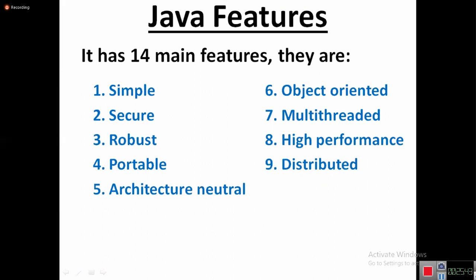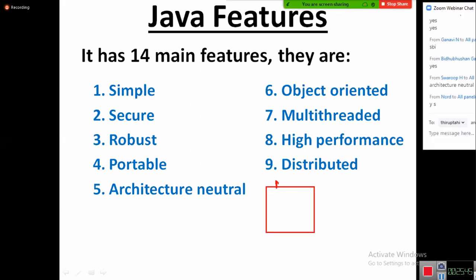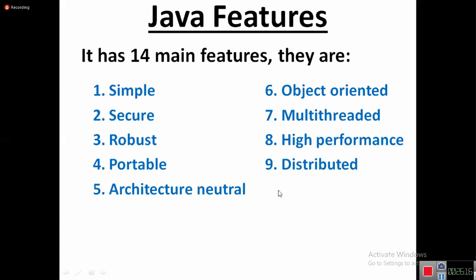Okay, tell me now. I'm giving you a mobile. Right now, the mobile is working with Airtel SIM, BSNL SIM, Vodafone SIM, Docomo SIM. Suddenly Jio SIM came into the market. Tell me, is the Jio SIM also accepted by the existing mobile? Yes. Why? Because mobile is dynamic nature software, developed by using Java. So the Jio SIM is also accepted. Future changes are also accepted. It's all because of dynamic nature.